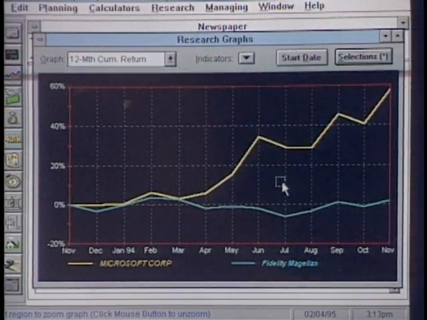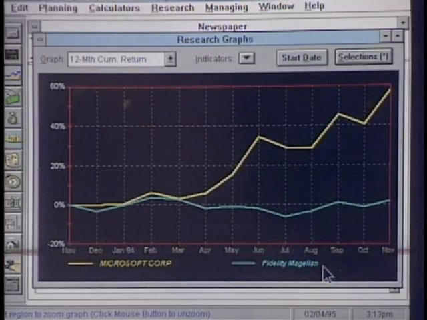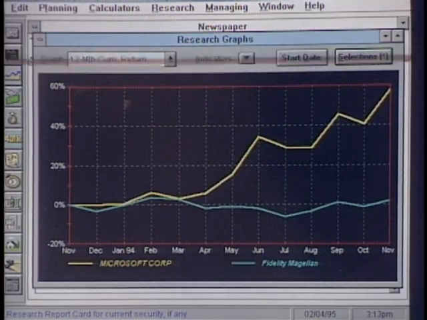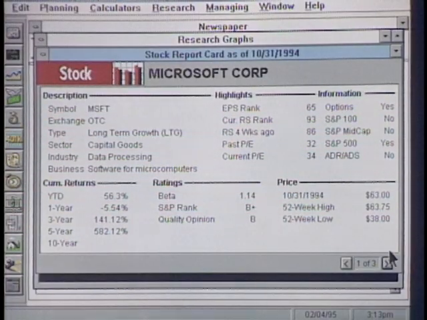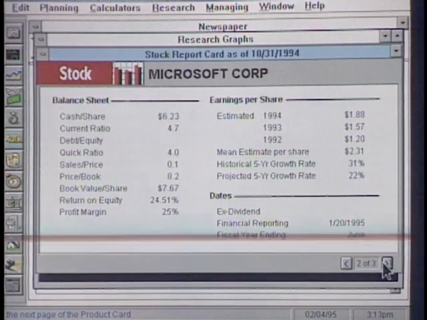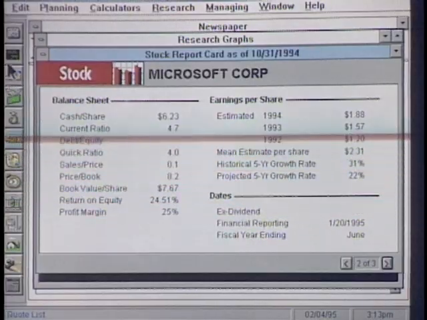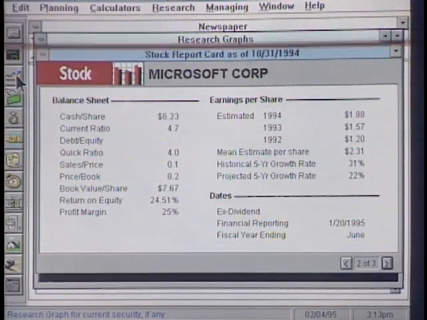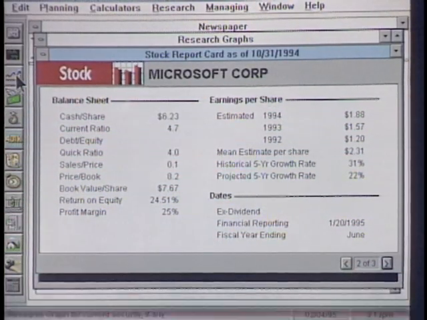Well, what you can also do, which is pretty neat, is you can combine information from a variety of sources and graph it. Here I'm comparing the Fidelity Magellan Fund with Microsoft. And for example, what you have built in here is information on Microsoft, and it could be 3 or 4 pages from Standard & Poor's. And you can combine that with really any other data point. It could be information on a CD, mutual fund. Or let's go back to the fund.